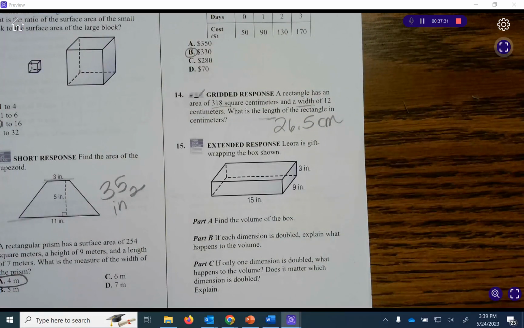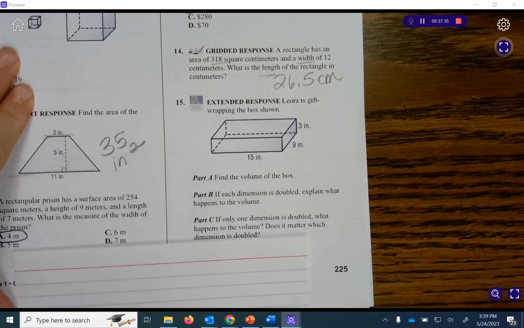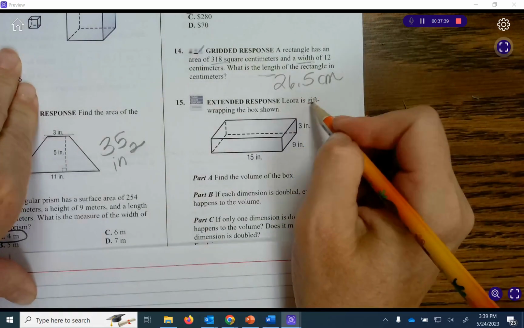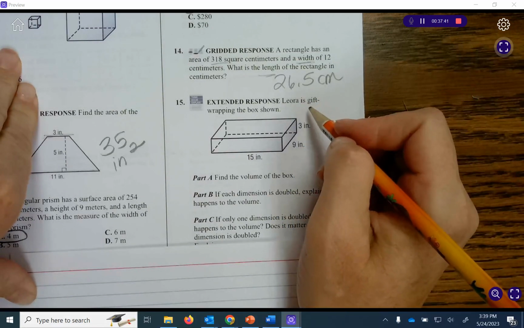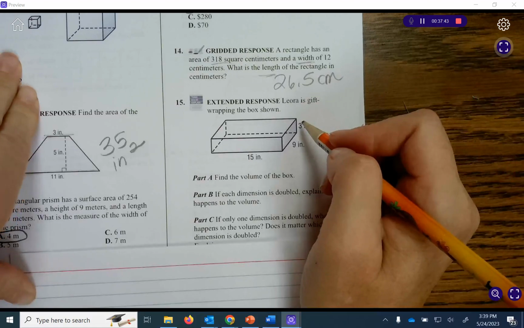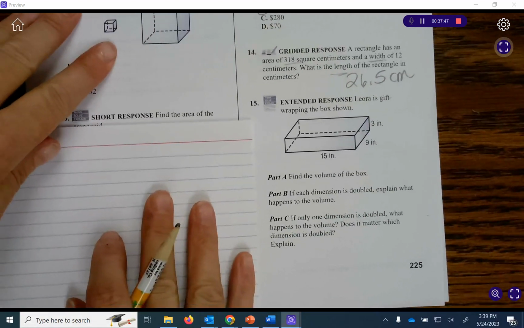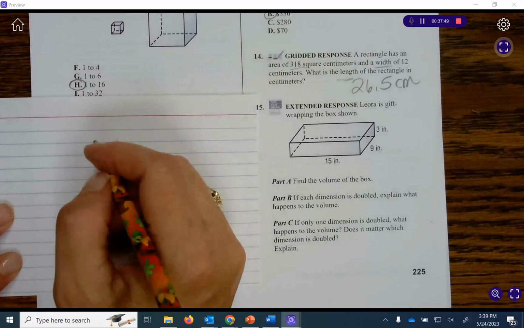Question number 5, we have a gift. Laura is gift wrapping the box shown. Part A, find the volume of the box. Okay, so let's go ahead and do this here. All right, so we have